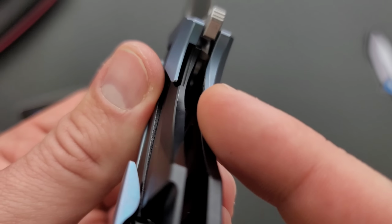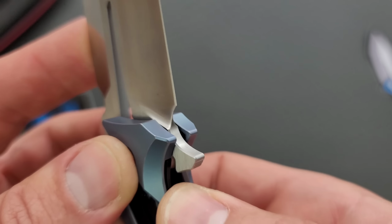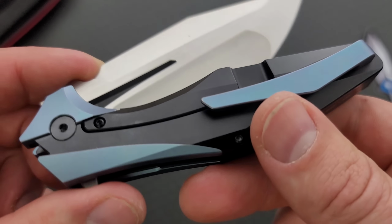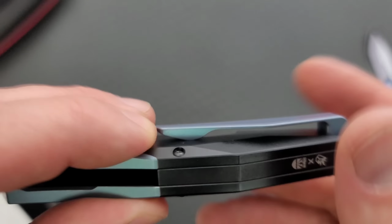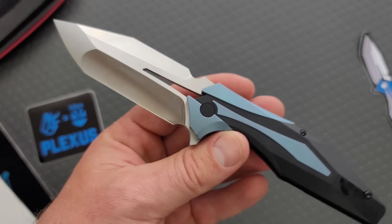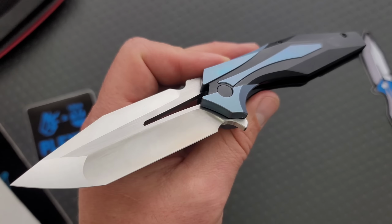This is a frame lock, but there's a big chunk of it, where you would disengage, that is actually recessed into the titanium frame. The detent on this is really nice as well. T6 screws, but that's okay. Backspacer. What's cool here is that this held that Arcane Design language that we expect to see,